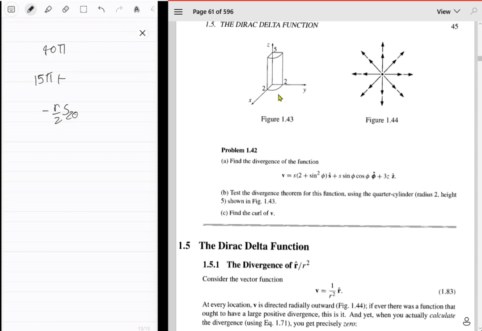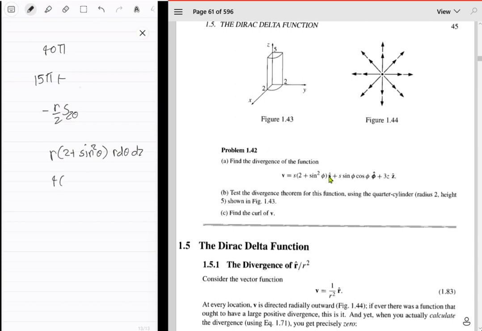Okay, so only the radial component is what matters in this case. So you've got s, which is like r over there, times 2 plus sine squared theta. Cool. For the function we also want our dA element, which would be just r d theta times dz. And r is constant, r is just equal to 2 everywhere, so the integrand is just